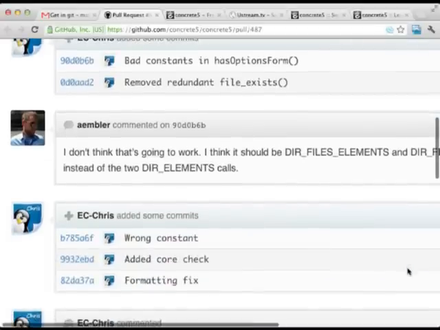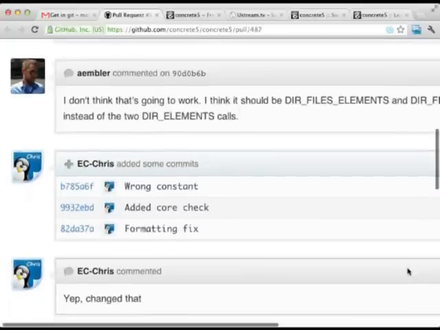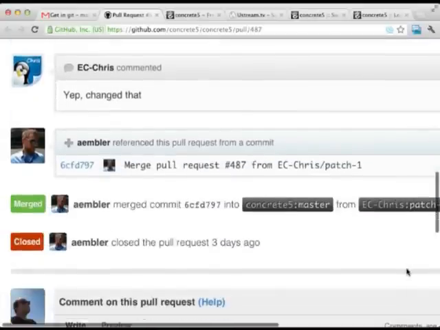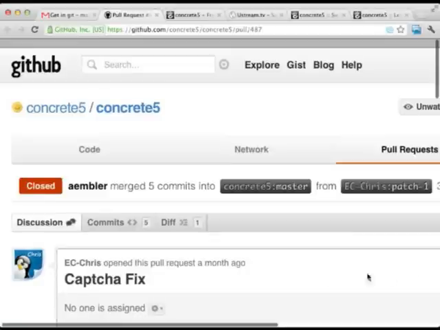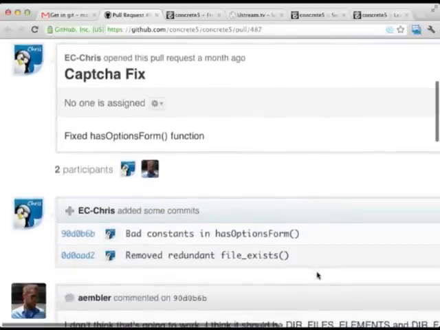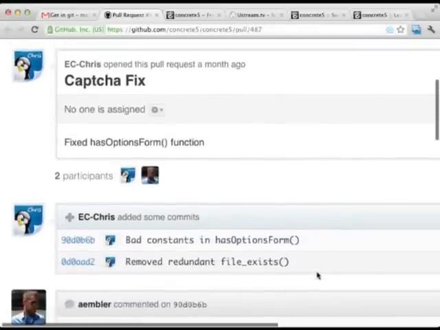This wasn't even added as a bug, but it was reported here. If you scroll up to the top, Matt, you can see it was first opened, and if you scroll down a little bit, there's some back and forth. This is how a lot of these pull requests go.